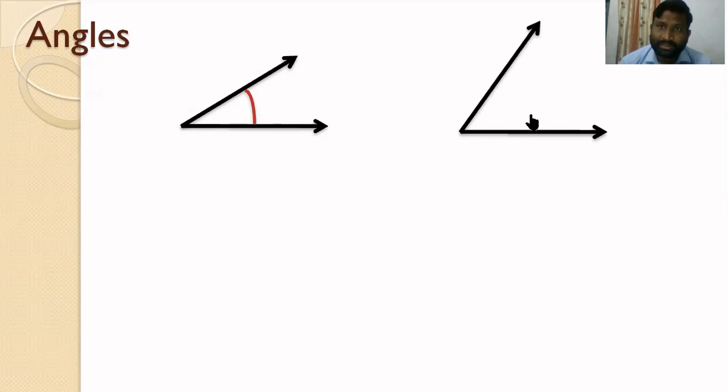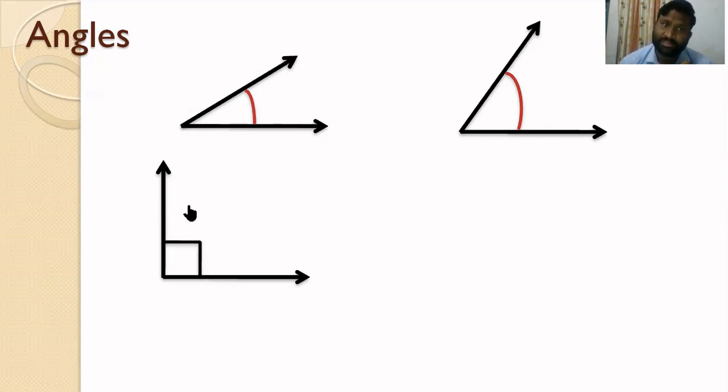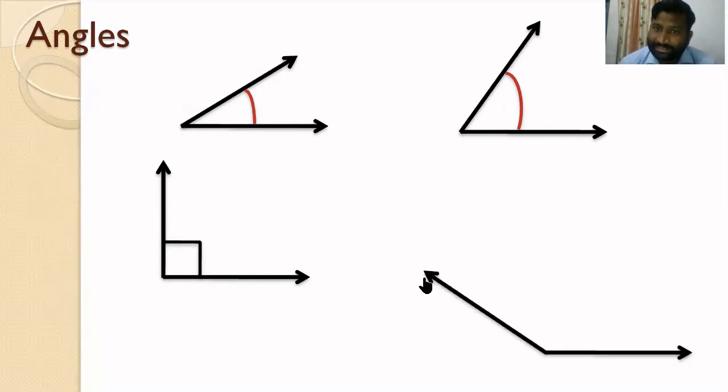See another example. Now the distance has increased. So this is an increased angle. See another example. Now this becomes straight like this. So it is an example of another angle: the distance between this ray and this ray. Let us see one more example. This distance increased further, so the angle increased.